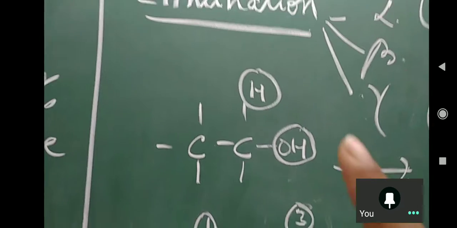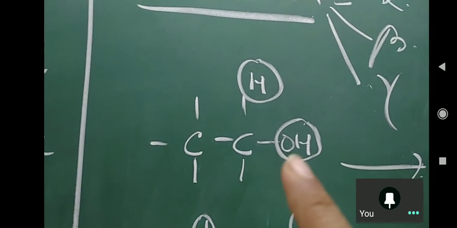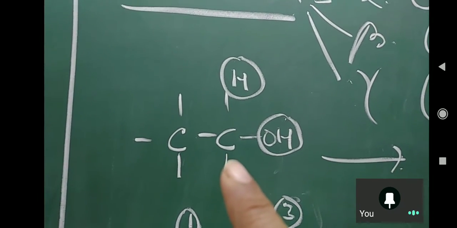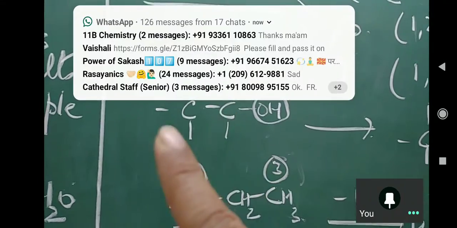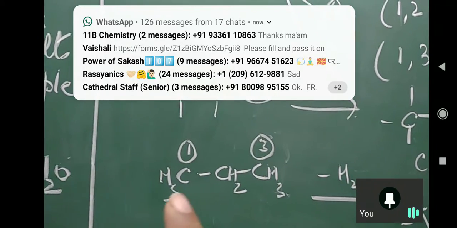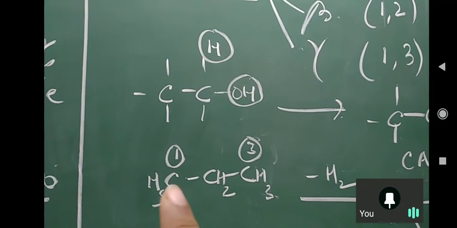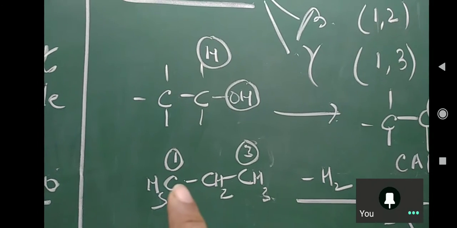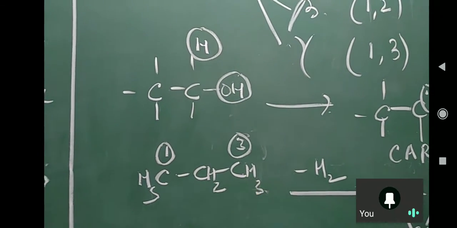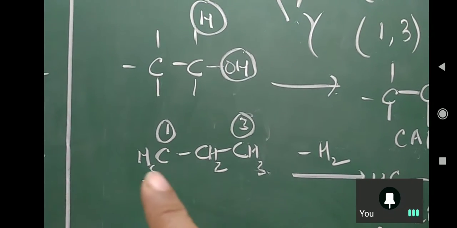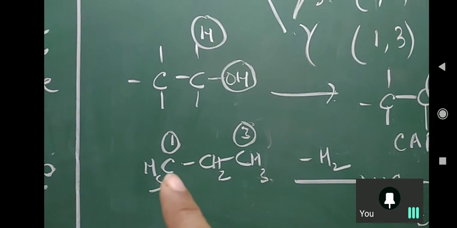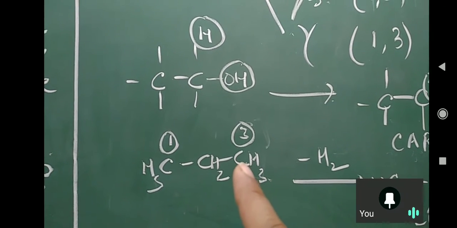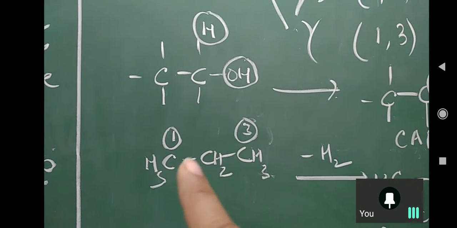Okay? Now I will give you example of 1, 3. Can you see the board clearly? This is 1. This is the first carbon atom. 1, 2, 3. Okay? Now come to this carbon chain. 1. I have taken this as 1 because there is no functional group. 1, 2, 3. Now you know what is happening. If I remove one hydrogen from here and one hydrogen from here, one valency will be free here and one valency will be free here. They will overlap to form a cyclic compound,